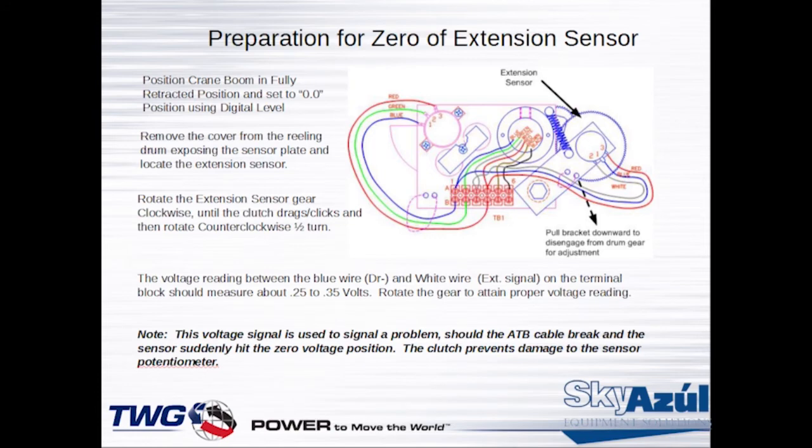So, in preparation for zero of the extension sensor, notice that this is probably copied right off the 586, because this extension procedure is exactly the same, other than the fact you're going to enter in your span numbers. So the first thing we're going to want to do is go in and retract the boom all the way, rotate the extension sensor to the right till it stops, come back and get our half